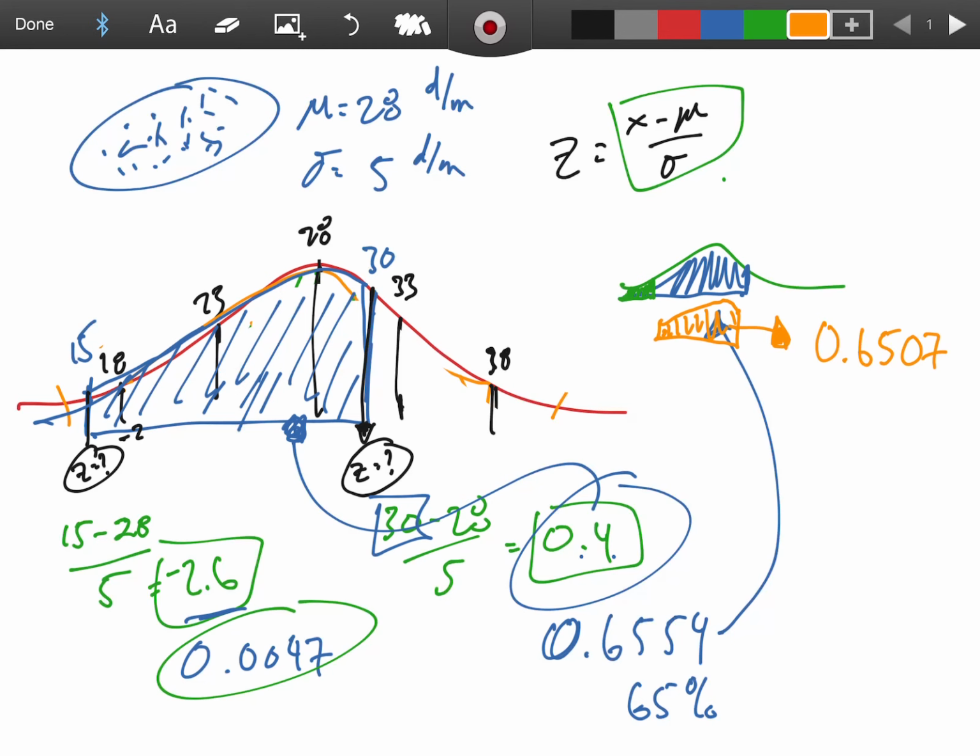What this is telling me is that the percentage of people that eat between 15 and 30 donuts per month, 65.07% to be more exact, eat between 15 and 30 donuts per month,